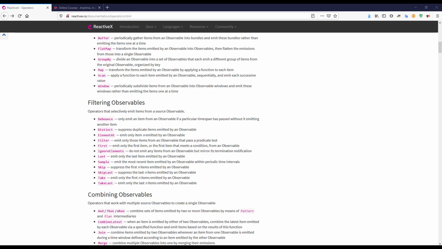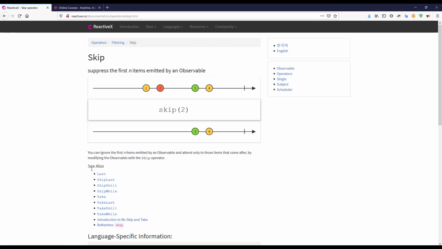So let us continue. And today we'll see about the skip operator. If you go to the skip operator, it says that it suppresses the first n items, which means that we need to pass the value for n, and items emitted by the observable. Let's say the observable is emitting 1, 2, 3, 4 items, and we skip 2. So skip 2 means that 1 and 2 are skipped and we get the 3 and 4 on our observer. So when we observe it, we get 3 and 4, but the first initial values 1 and 2